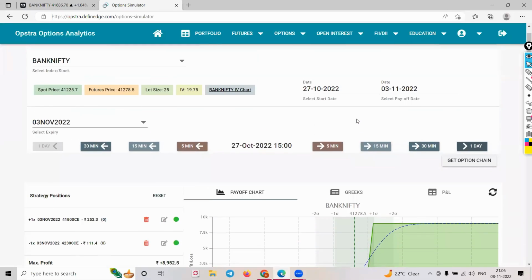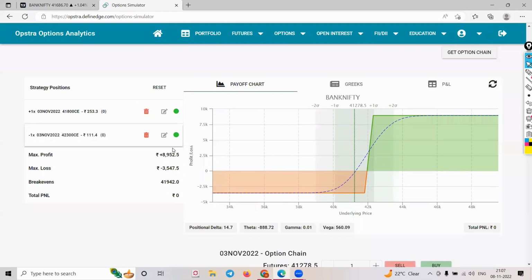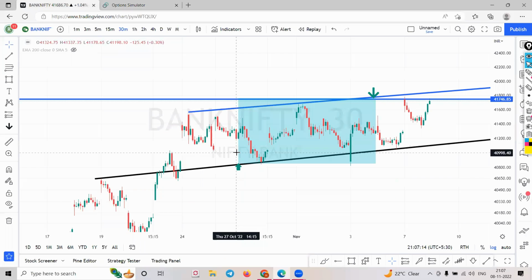All right. So if you look at the risk to reward, perfect, right? 3,500 and almost like 8,000, 9,000 is the risk to reward. So almost like 1:3, close to 1:3. All right. So now we all know, if you look at the market condition, this is where we have deployed